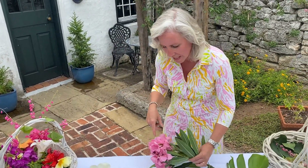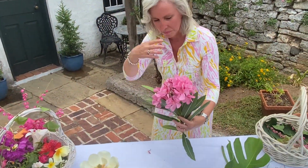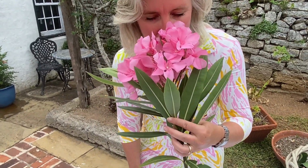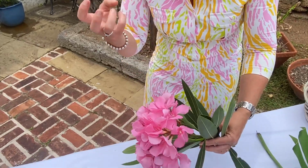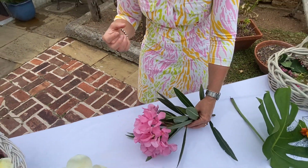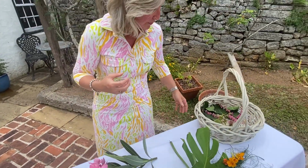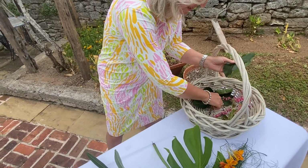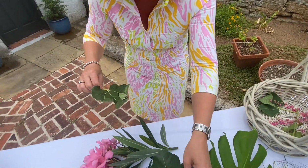These are, of course, oleanders. The oleanders bloom like big, big balloons this time of the year. They smell so powdery and a bit chocolatey. I delight in them. And then in this basket here, this is a leaf basket that I did, you find